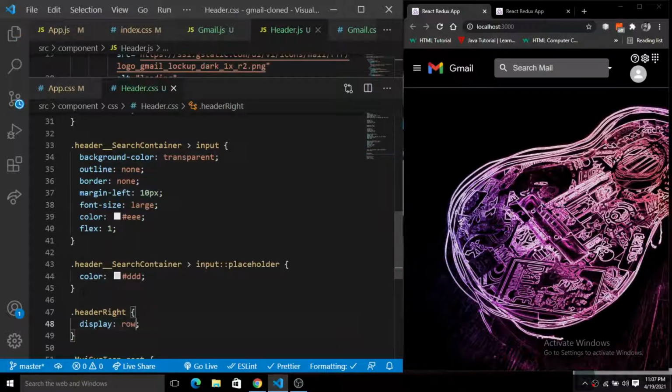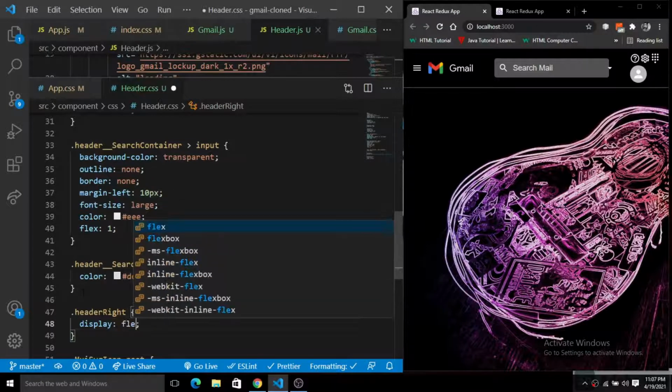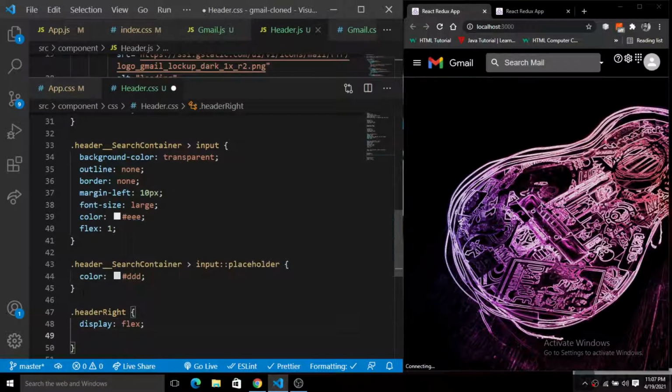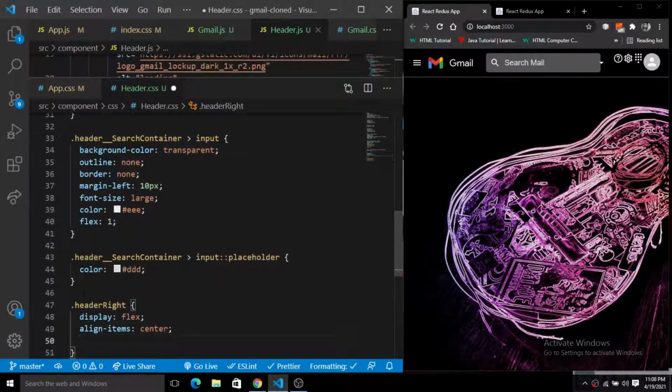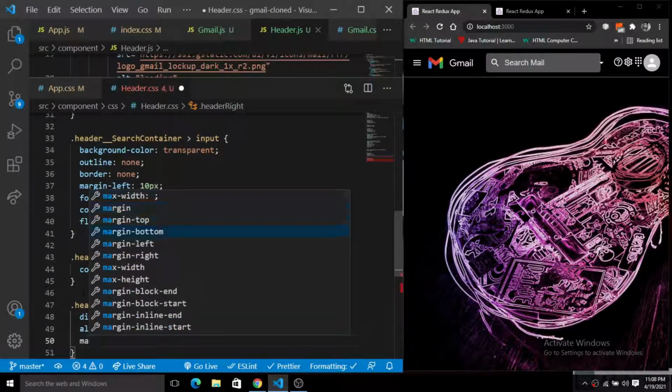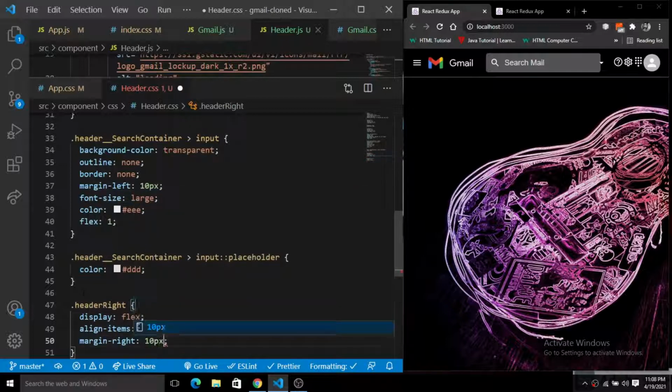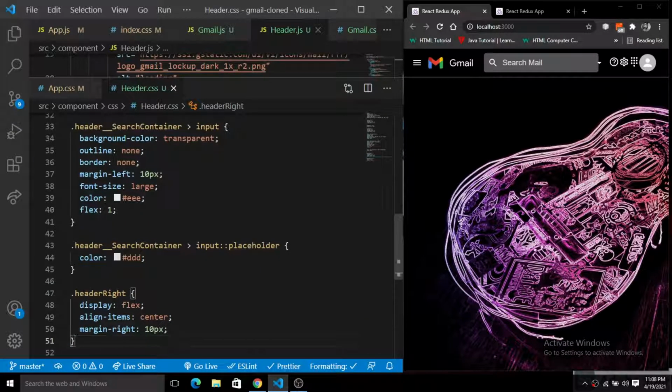Next we'll give align items center, so all the items will be centrally aligned, and we'll give the margin right of 10 pixel, so it is pushed 10 pixel from the right and does not touch the right edge of the screen.